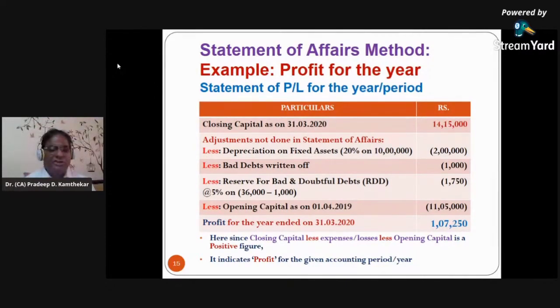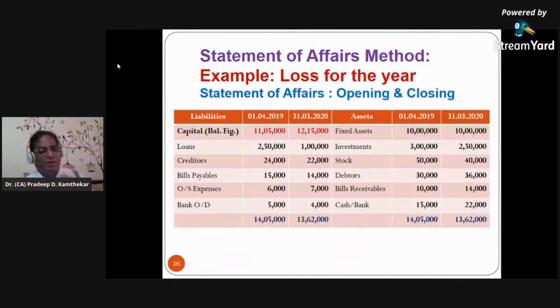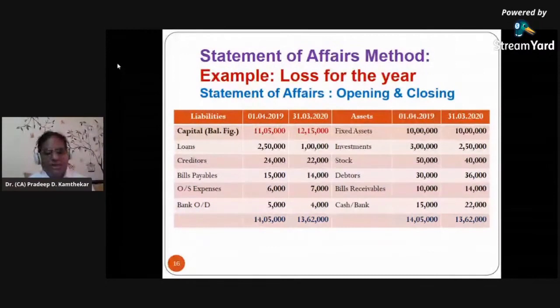Now let us go to a situation where there could be a loss possible, because everybody in this world starts a business to make a profit, but it might so happen that there might be certain conditions which are not in his hand, like now in COVID this last 2-3 months. Now the things are beyond control, so many small businesses, and for that matter big businesses also, companies, are going to suffer losses. So there might be a situation where there could be a loss.